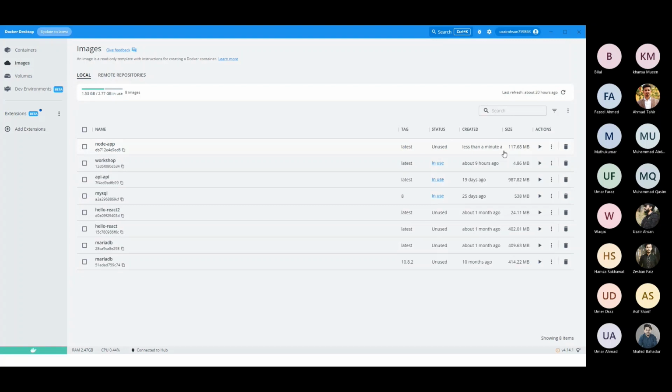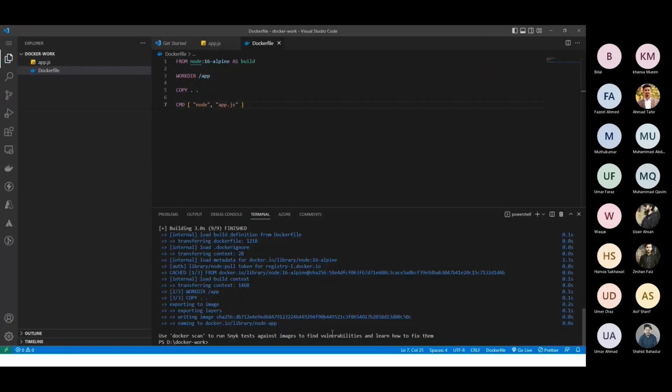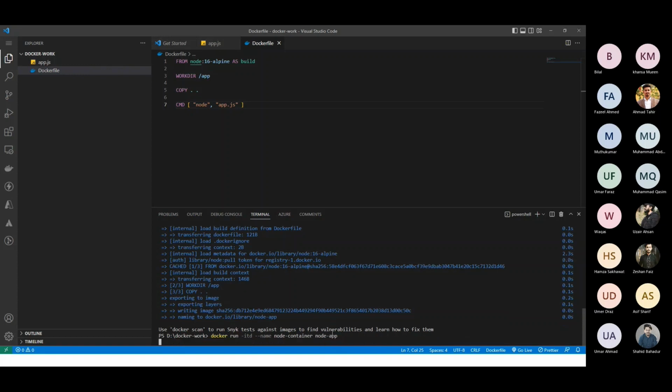जेएस पड़ी हुई है, उसका जो साइज है वो मेरे पास 117.68 MB पे चला गया। ठीक है, तो यहाँ पे आप इसको देख सकते हैं कि आपकी बेस इमेज का साइज किस तरह से आपकी इमेज के साइज पर अफेक्टेड होता है। ठीक है, तो अब हमारे पास हमारी इमेज सक्सेसफुली बन गई है। अब हम दोबारा से इस इमेज से अपना कंटेनर रन